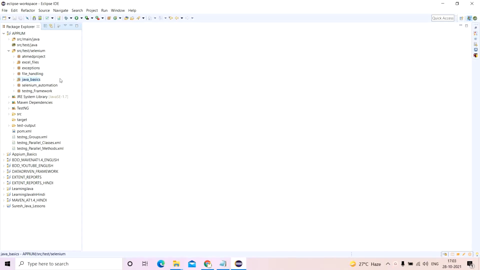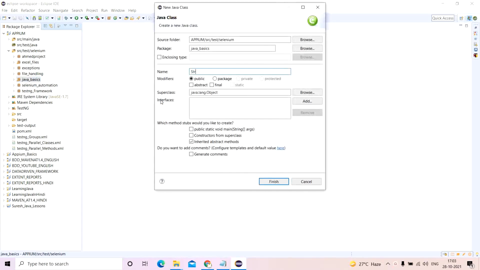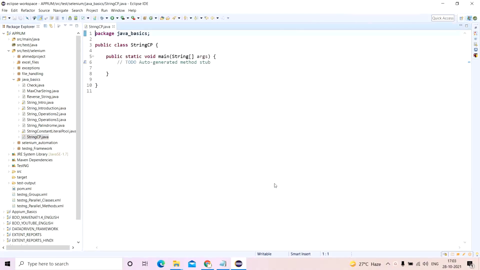So let me create a new class called string constant pool. The very first thing we need to understand is what the string constant pool is, and why we are discussing it.